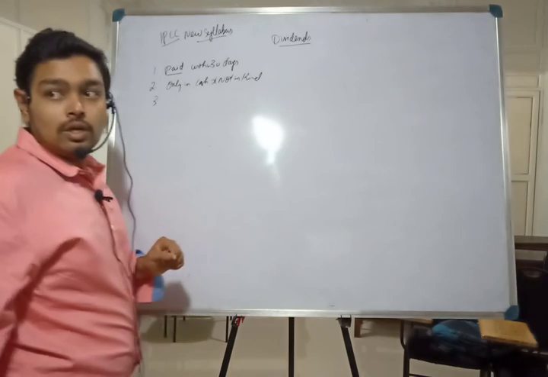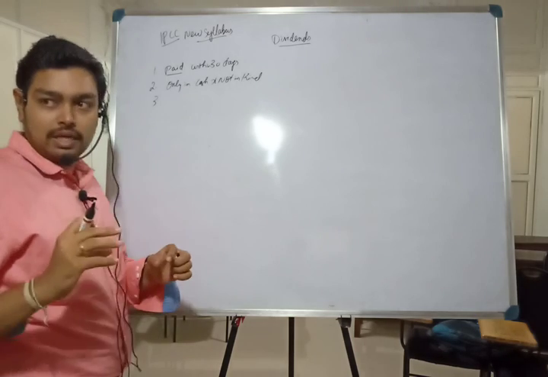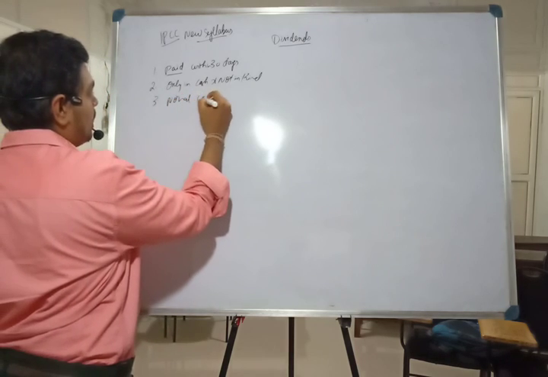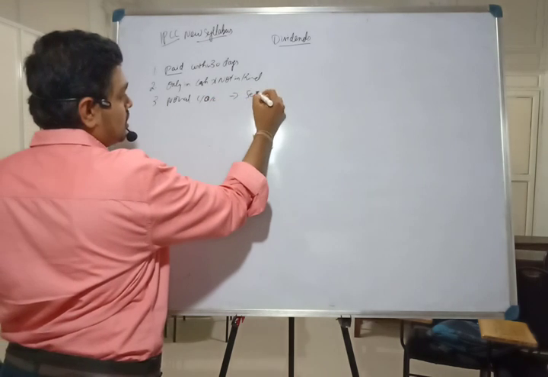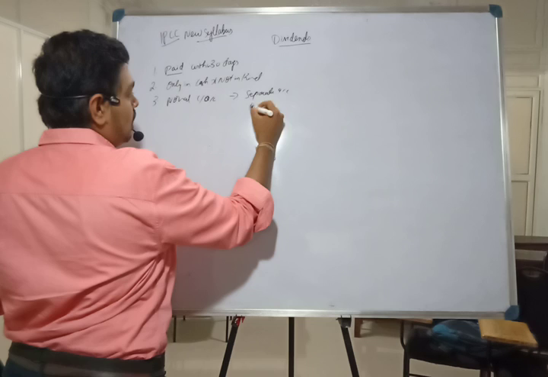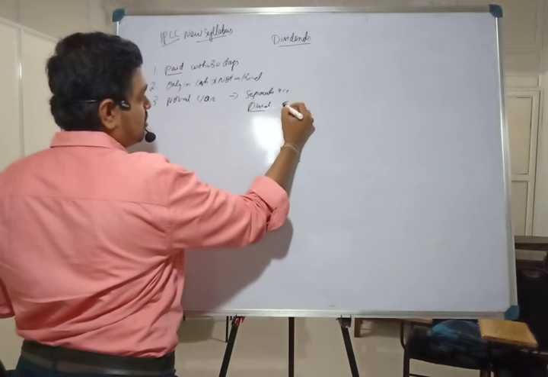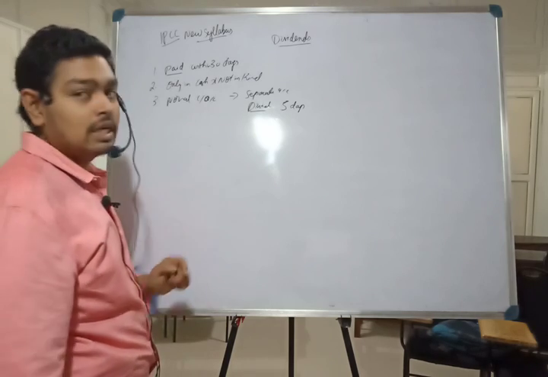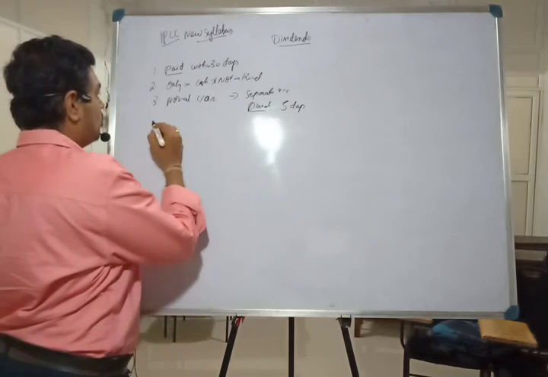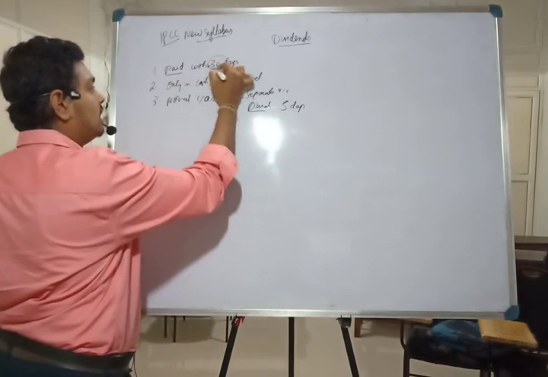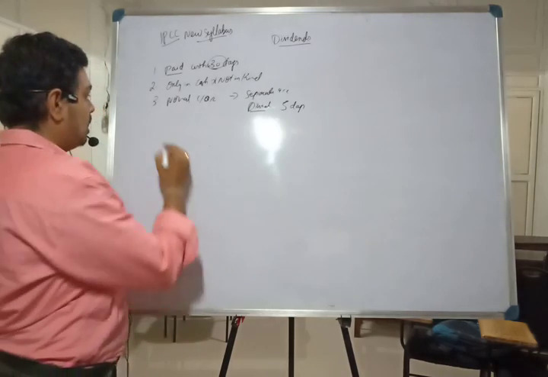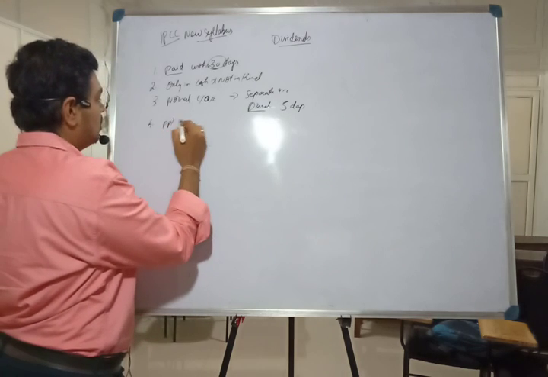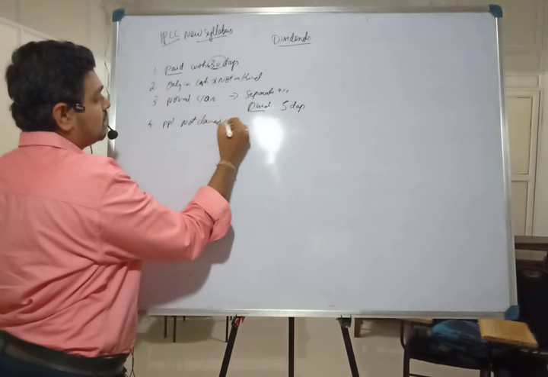Third, you should transfer the dividend money from your current account to a separate bank account. So from the normal company current account, you should transfer to a separate account called dividend account within 5 days. Now this should be paid within how many days? 30 days from declaration. If some people have not claimed the dividend,